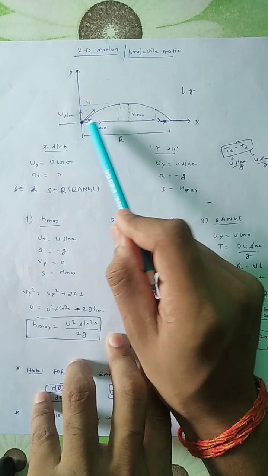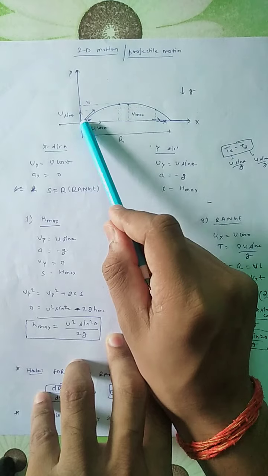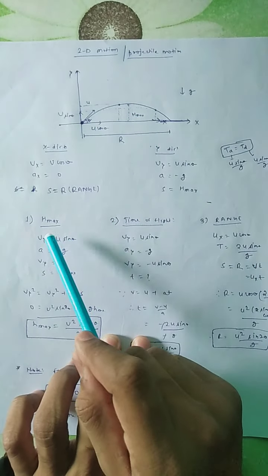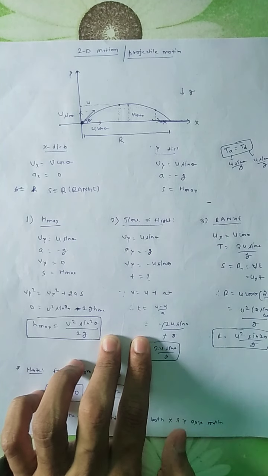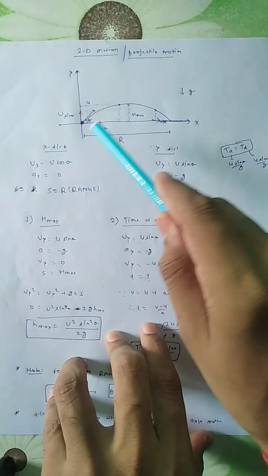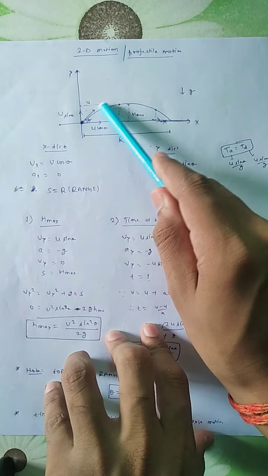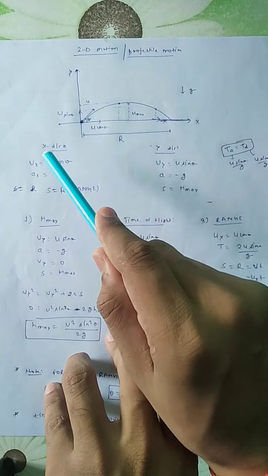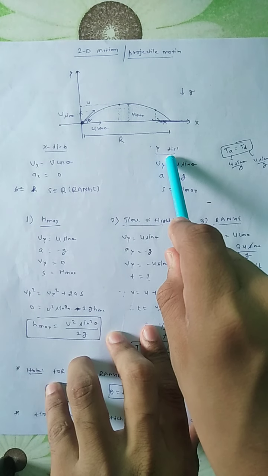Or third, we can find the time of flight, meaning the total duration during which the ball is in motion. So one by one we will find each of the three: h max, time of flight, as well as range. First, understand how to solve any type of two-dimensional problem. First, break it into two components. This is u, so the x component of the initial velocity will be u cos theta and the y component will be u sin theta. I have separately written here the x directional motion and the y directional motion.